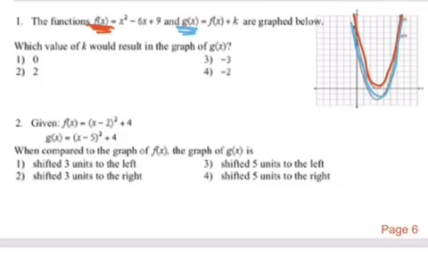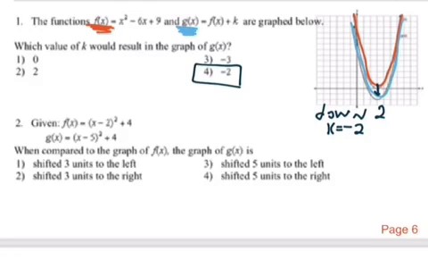Now question 1 is asking for the value of k that would result in the graph of g of x. I made g of x blue on my graph and f of x red. If they want to know how we went from the red graph to the blue graph, you should be looking at the vertex and determining which way it shifted. To go from the red to the blue, you would need to realize that this graph went down 2. If it went down 2, that would mean that your k value would be equal to -2, making your answer